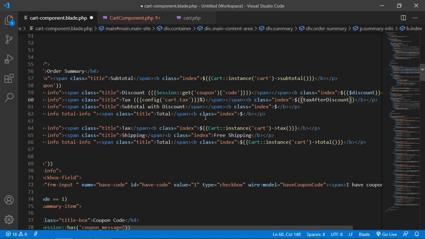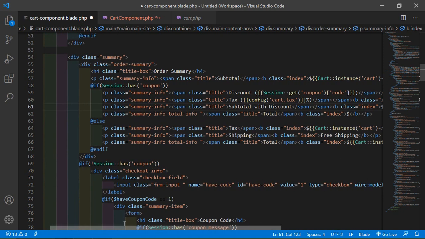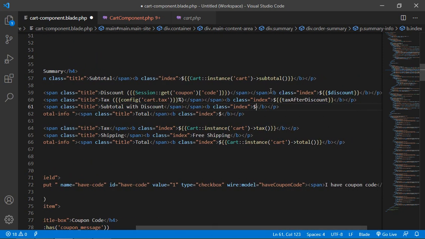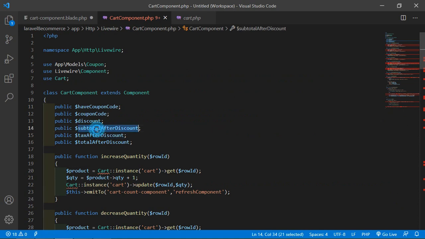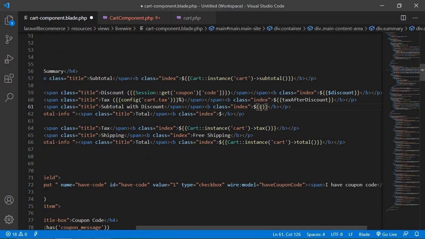And for the subtotal with discount, add double curly brackets, and let's copy this property name subtotal and paste here with dollar sign.